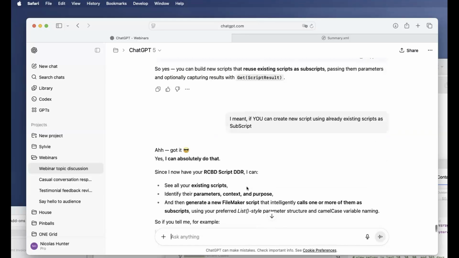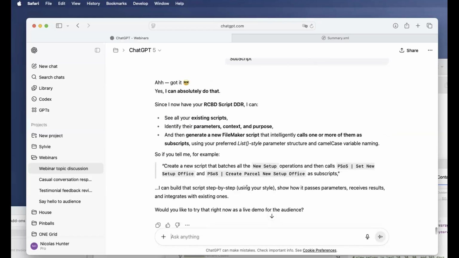So see, since he can read the DDR with all the scripts, he can see all the existing scripts, identify the parameters, context, and purposes, and then generate a new FileMaker script that intelligently calls one or more of them as subscripts. You know what I mean?